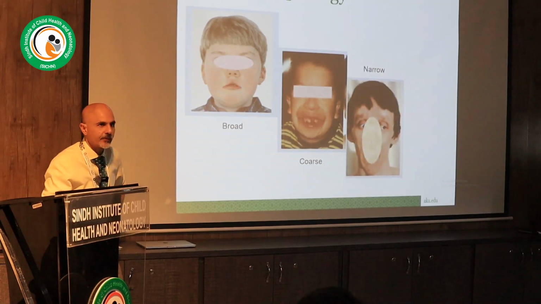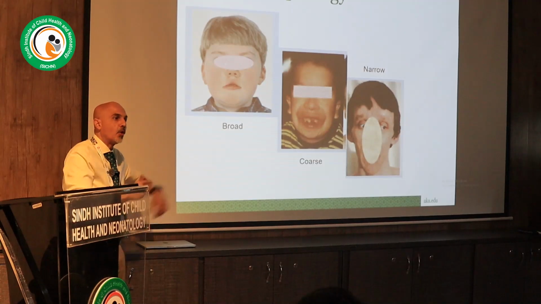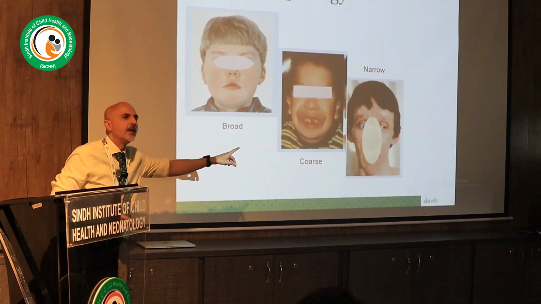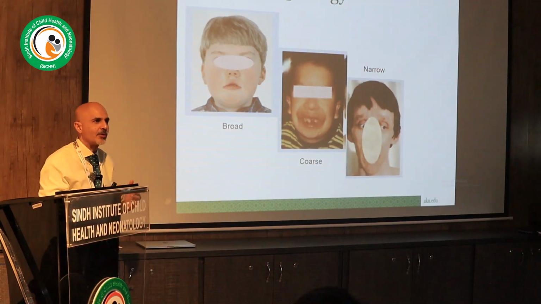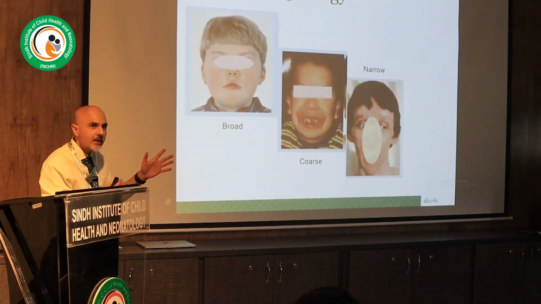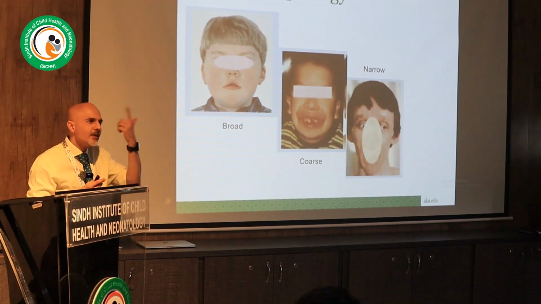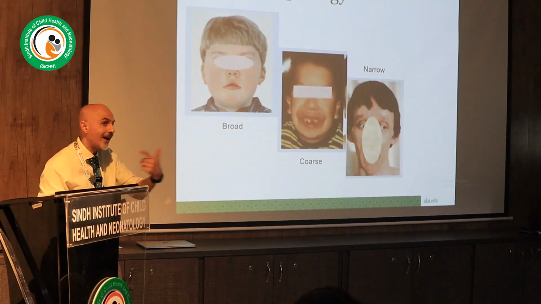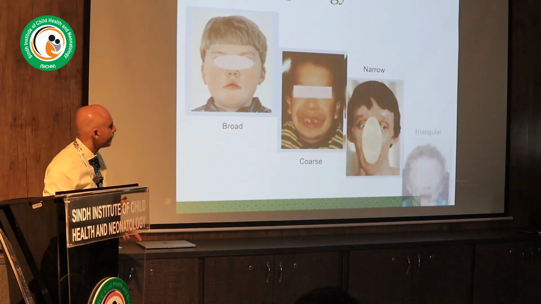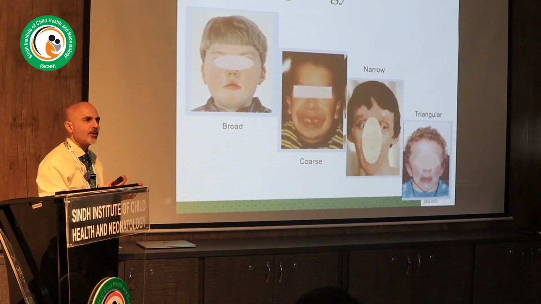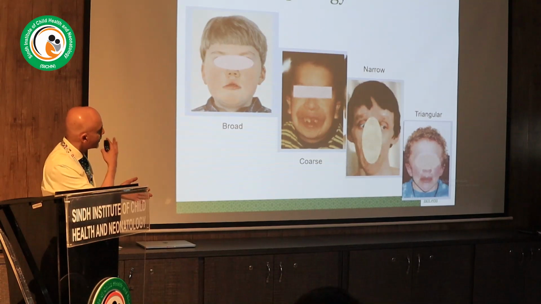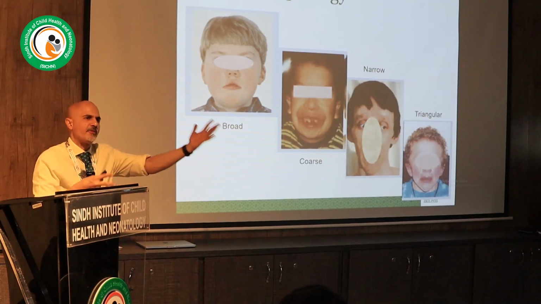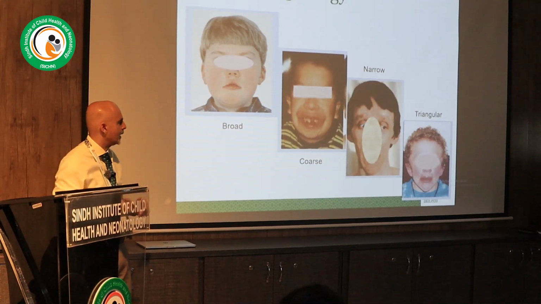This is a narrow face. Again, the point of these pictures is not, oh, this patient has this condition or this syndrome. First, learn to describe what you're seeing. Don't say, oh, this looks odd or this looks unusual. You should be able to process it and say, why does it look unusual, right? Why does it look unique? This is a triangular face, right? So you can kind of see the spectrum, and there are many, many other ones, I've only chosen a few to highlight.